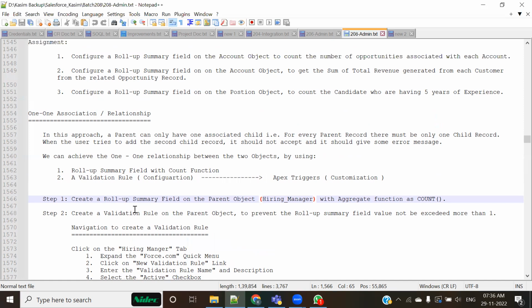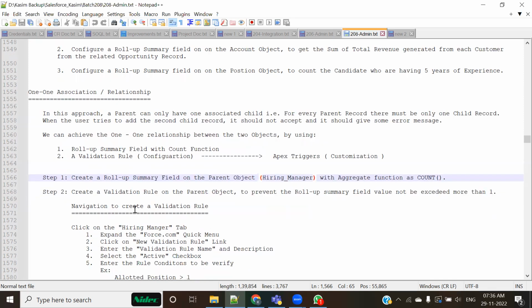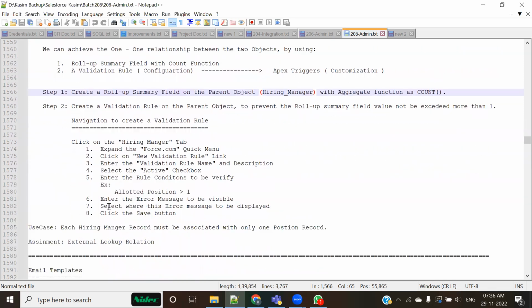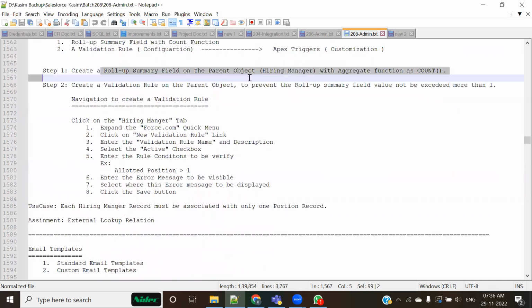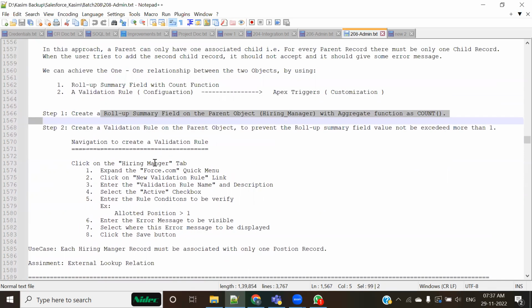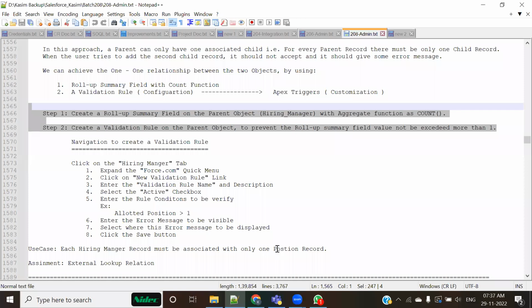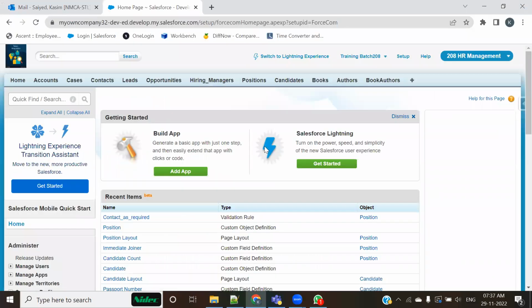Whenever we are creating a one-to-one association, we would require two distinct functionalities of Salesforce. The first is a roll-up summary with count as the selected function, and the second is a validation rule. All right, these are the two things with the help of which we can create a one-to-one association. So we are dealing with one issue over here. The issue is,